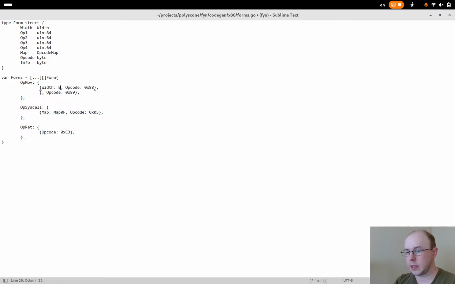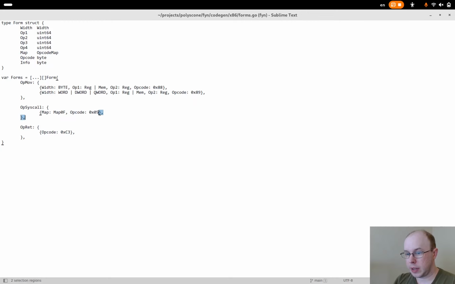So in this case, I'd say that the width is byte, and op1 would have to be reg or memory, and op2 would have to be a reg. And for the one with 8.9, this would be word or dword or qword. Same again, op1 is reg or memory and op2 is just reg for this particular opcode.